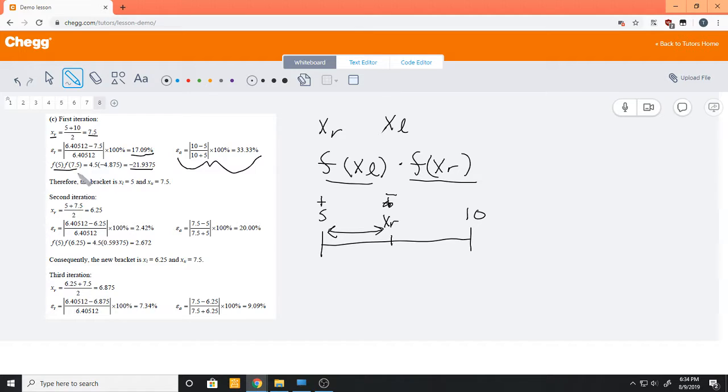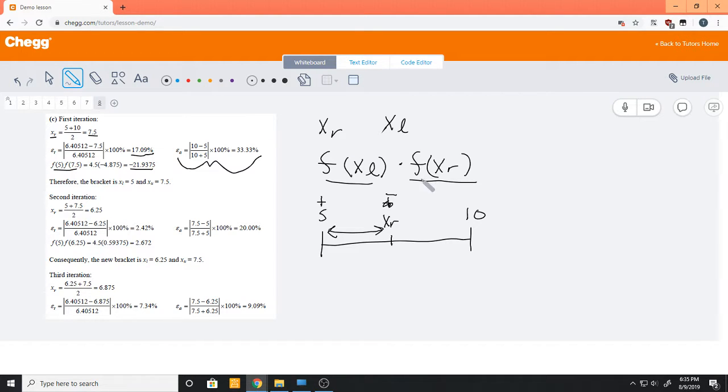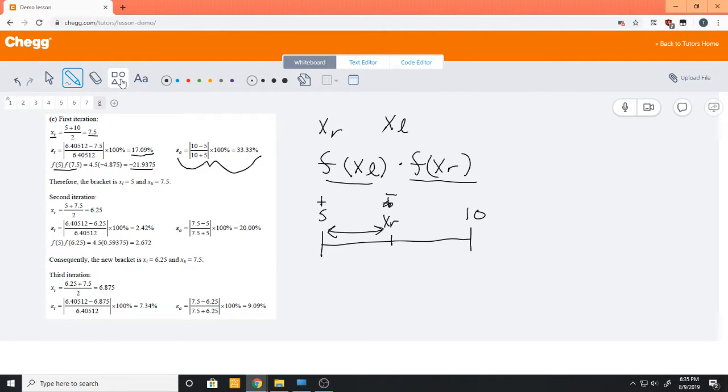The function of xl just means you're taking 5 and plugging it into this equation for x. And you're taking 7.5 for the function of xr, and plugging that in for x. So when you multiply the function of x lower times the function of your x guess, xr,